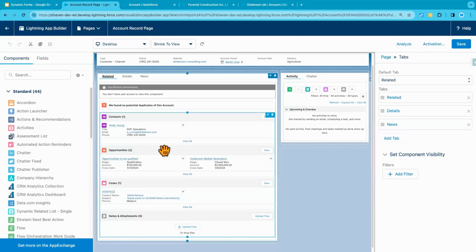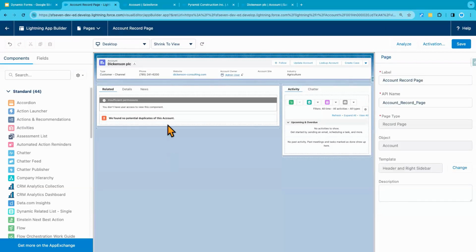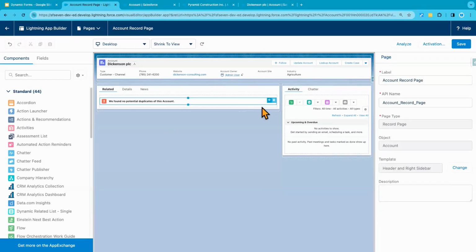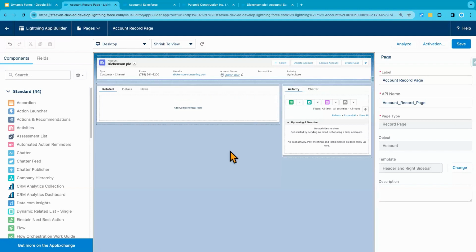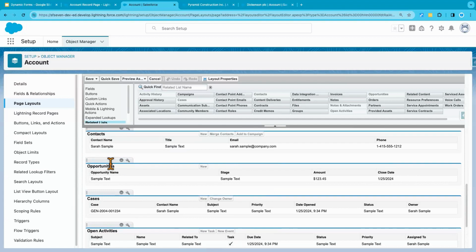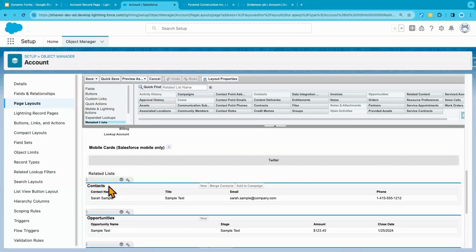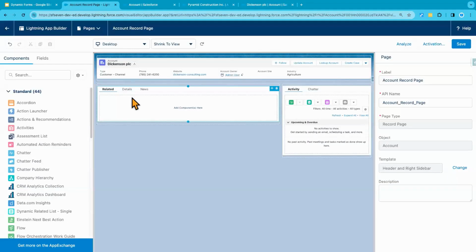So in order to remove that dependency, what I will do is completely delete this section, okay? And I will delete this section as well. Let's delete this part too. And what I need to do is add this. I need to add this contacts related list, for example. Contacts. So in order to add that contact related list, what I have to do here is